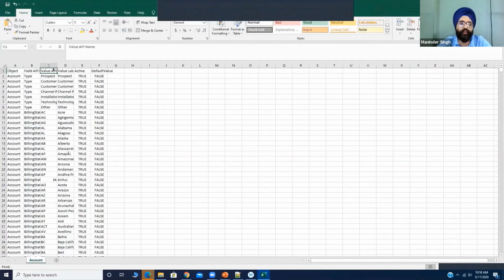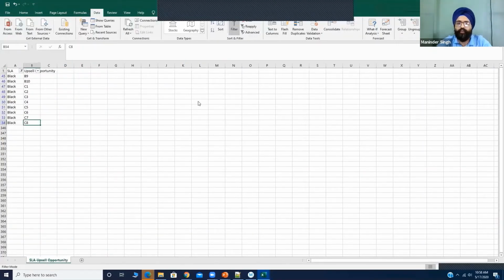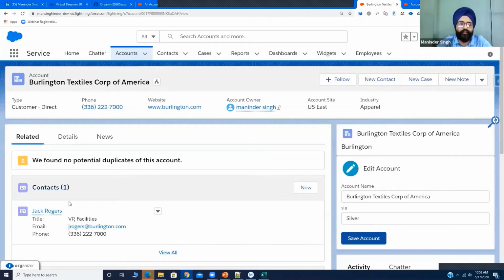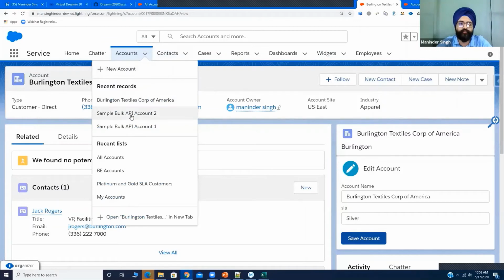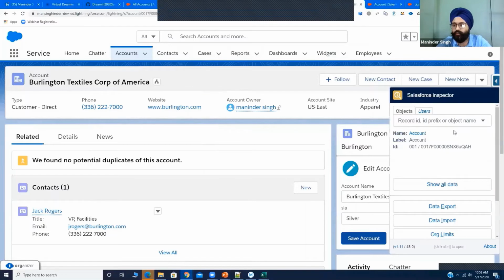It gives you the value, API names, whether they are active, the default value, everything. The other use case is, for example, if you want to compare two records. For example, this is one of the Account objects, and I want to compare it with another. The usual way you would do it is you would create a query. Maybe you would use Salesforce Inspector, which is also really one of the best tools I use to query data and other things.